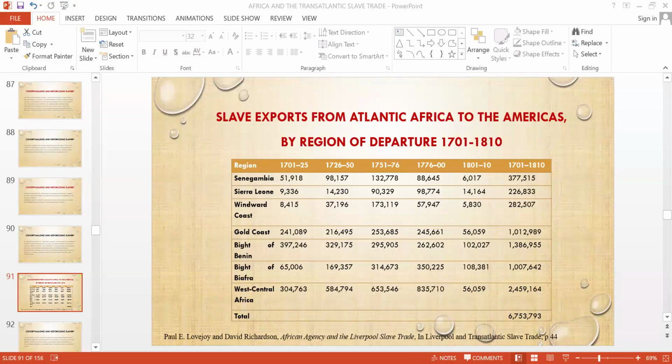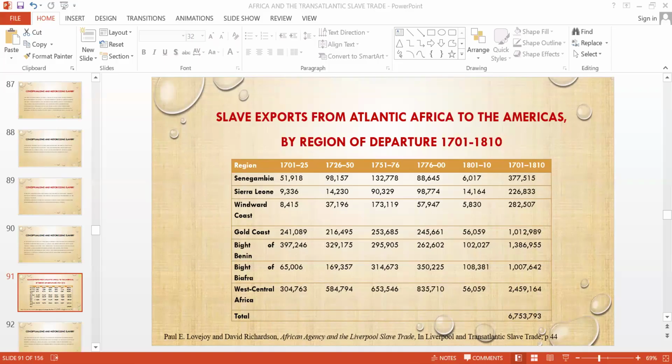All right, so you could see the figures on your screen: the slave exports from Atlantic Africa to the Americas by region. Look at Senegambia: by 1701 alone, it was 51,918. In the following decades, 1726 to 1750, it had moved to 98,000. By 1751, it was 132,077. And by almost the end of that century,